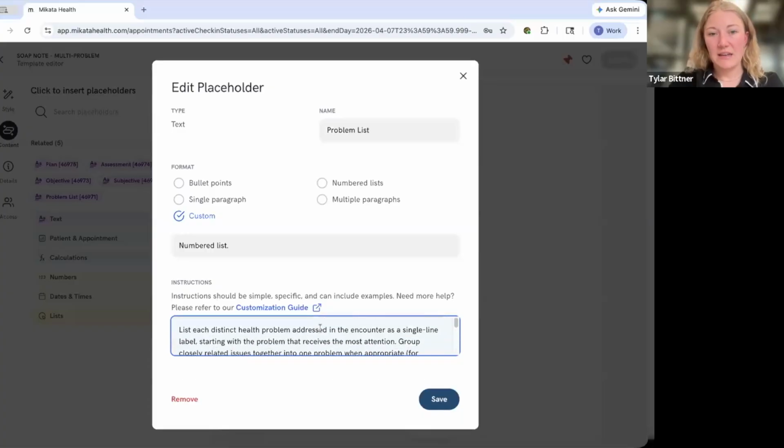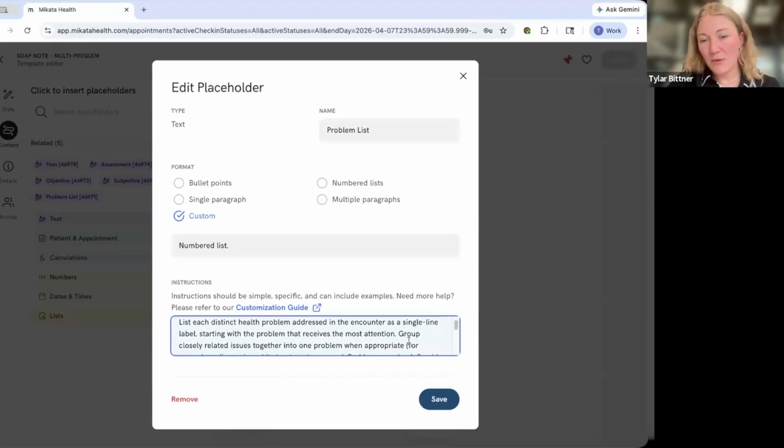Our team of data scientists have created these instructions specifically for the specific output or the data set that you're trying to pull into that note. So if you did want to play around with editing it or changing it, I do highly recommend using what is in there as your guide to creating a new one.